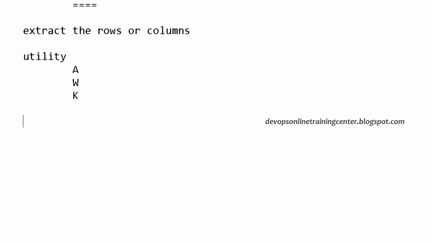But basically in daily usage, to extract a column or a row from a file or from an output, we can use AWK. So again, we have to redirect the output of one command as input to this command, and this command will process the input and provide the output. So for the syntax, let us say I want to extract the 9th column from the ls -lrt output. So we can do awk, and there is a syntax for that.